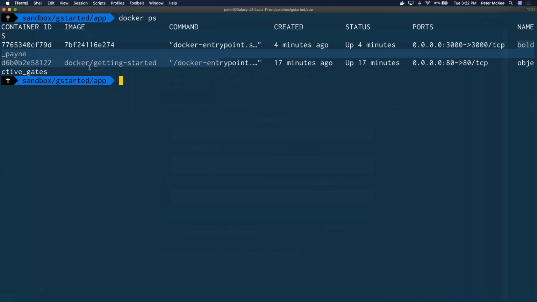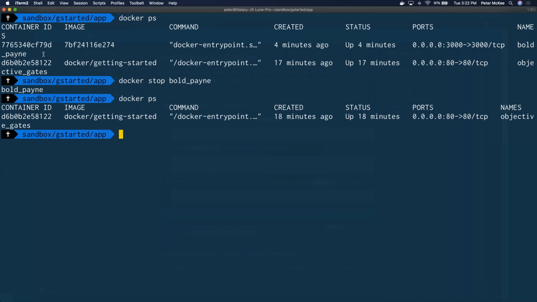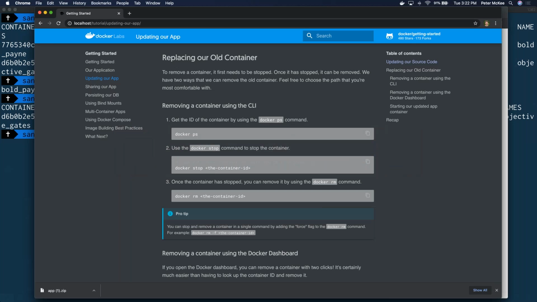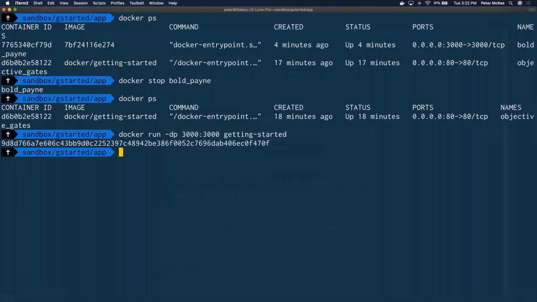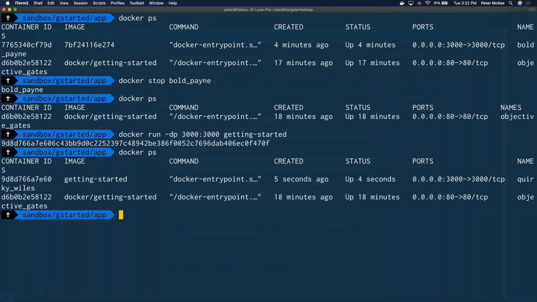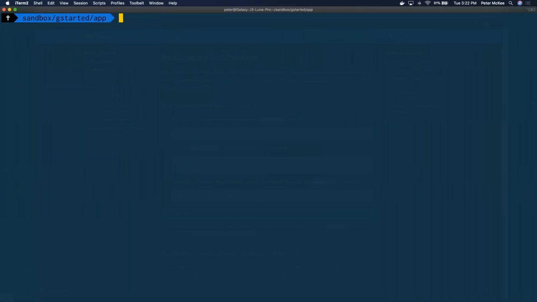Bold pane is the name of it. So we want to do docker stop. And now if we do a docker ps, we don't see it running. What this is saying right here is the container is still there, it is just stopped. So if we tried to start it again, it should start up, right? So now we have docker ps. We have our 2 containers. But to see the full list,